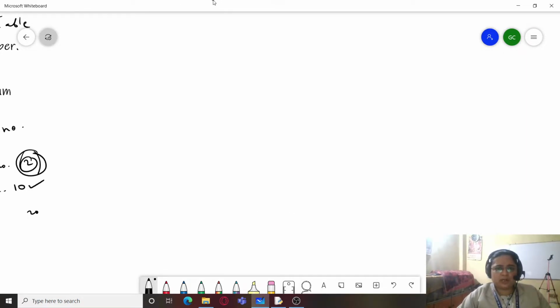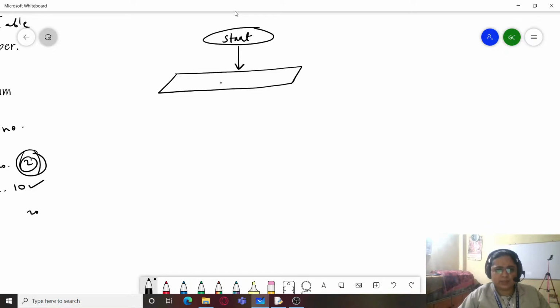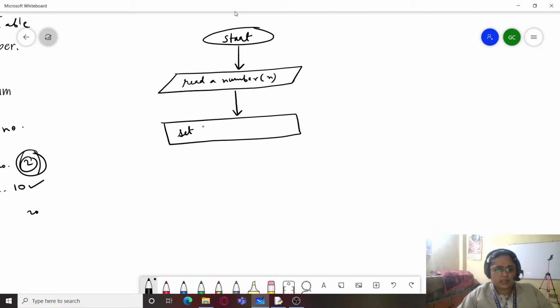So first of all, I start with a flowchart over here. Start. Because we need an input from the user, so we will be taking the input. Read a number n, okay, and we will be also assigning a value to a loop control variable. So we will write, or I'll use the term, initialize I equals 1.